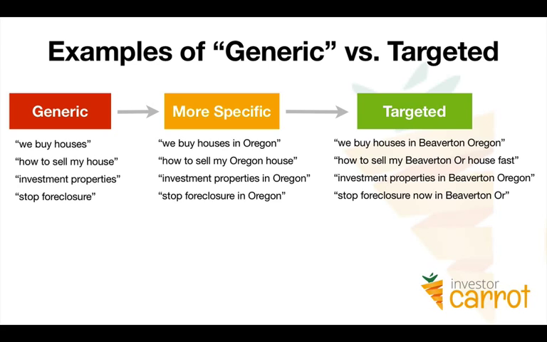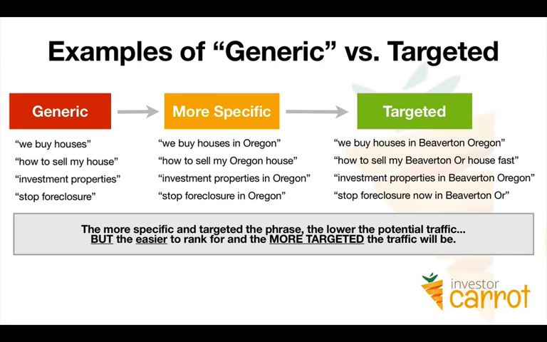But I want to get back to some of those examples to illustrate the difference between generic search terms, more specific search terms, and targeted search terms. This is a targeted search optimization strategy, has the local keyword search terms within the page. We've built a lot of this stuff in those pages, in that content that's included on the Carrot site. Once you sign up and once you launch it, you just have to go in there. The more specific and targeted the phrase, the lower the traffic, but it's easier to rank and the more targeted the traffic will be. I hope that makes sense. It's a part of a target marketing strategy for your content.